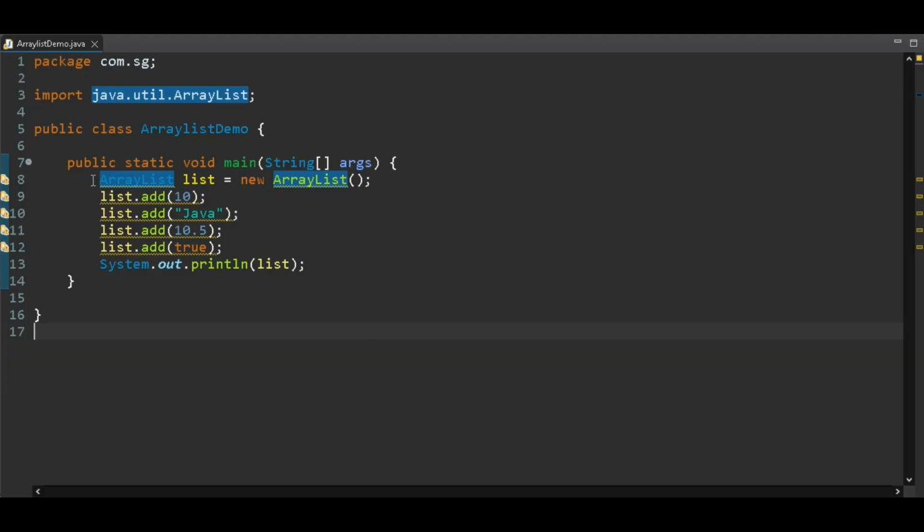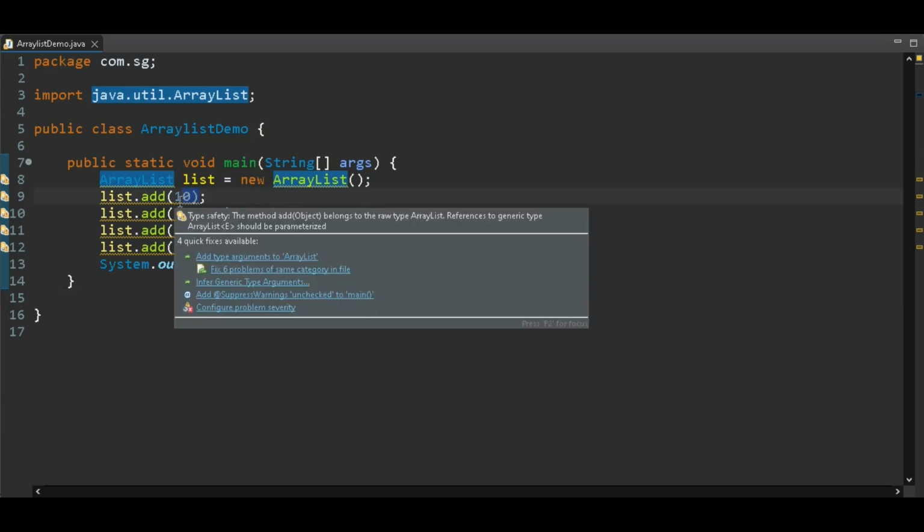But there is a problem with it. The problem is not when we add the values. The problem comes when we try to get the value back. When we try to retrieve a specific value from a particular index, it can cause a problem. Let's understand it with an example. Let's retrieve the integer value which is at index 0.